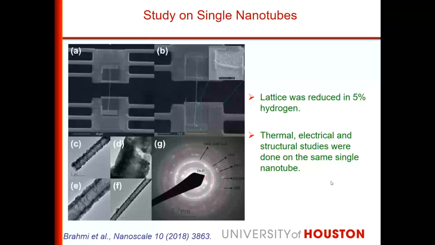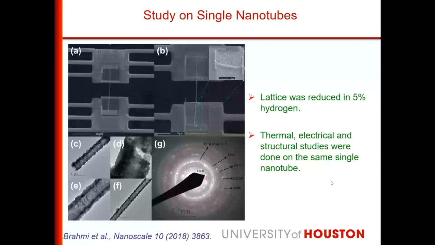Those are dormant till the temperature is low. When the temperature is low, they accept the electrons and make the material p-type. That means hole-rich material instead of the electron-rich material. So this is just an example of the unique properties exhibited by the nano materials.